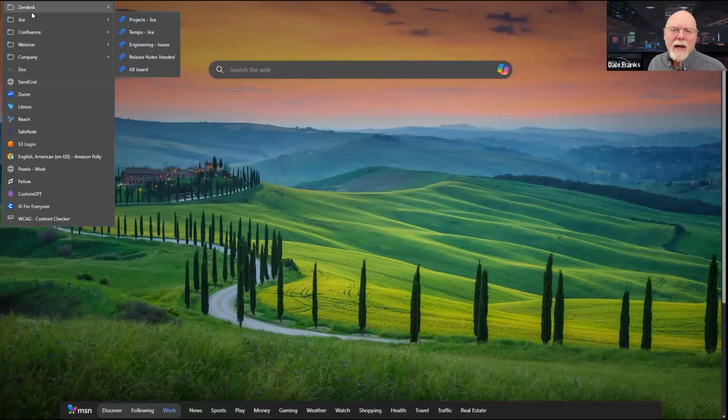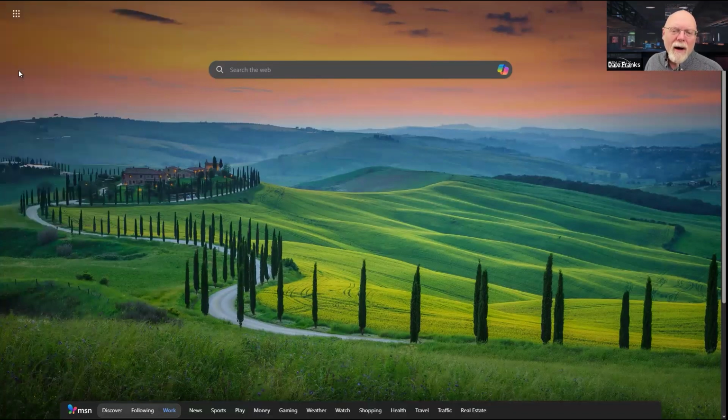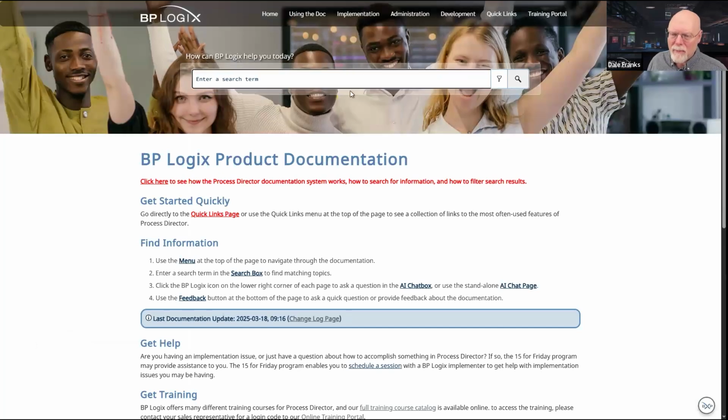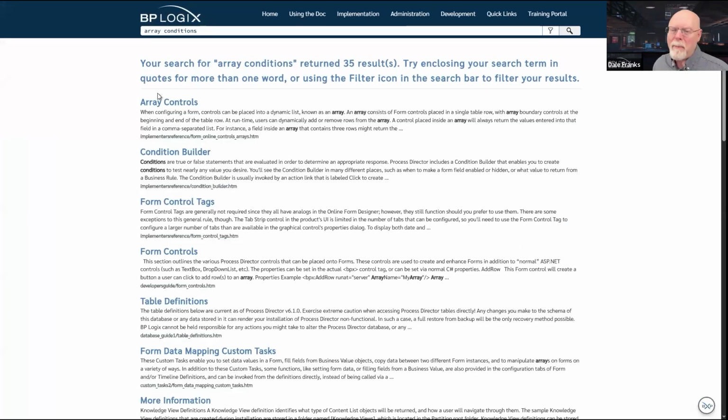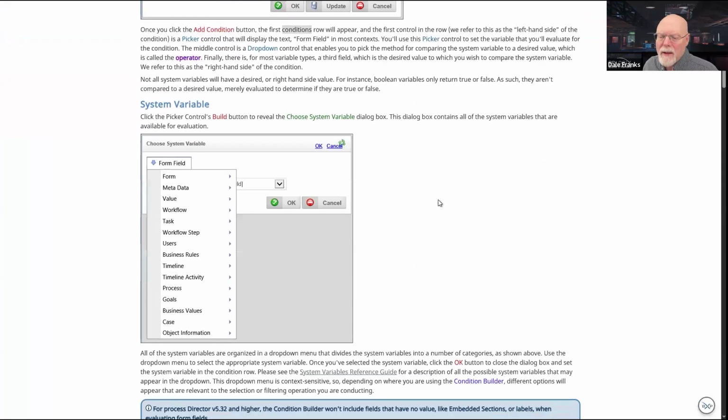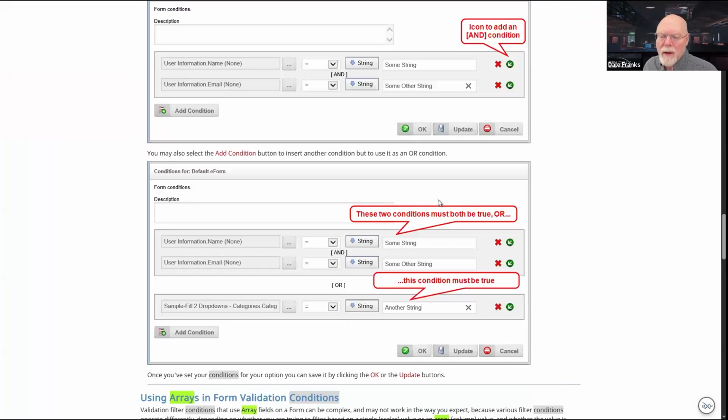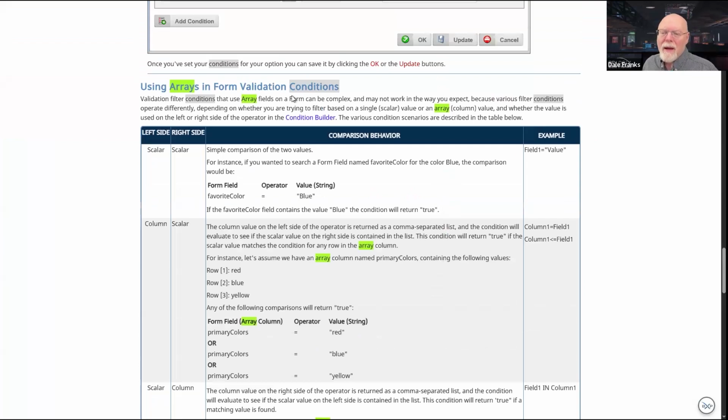There are also some other wrinkles with searching. We have a documentation topic on that all by itself. And I should have batted this up. But in the condition builder, using arrays.